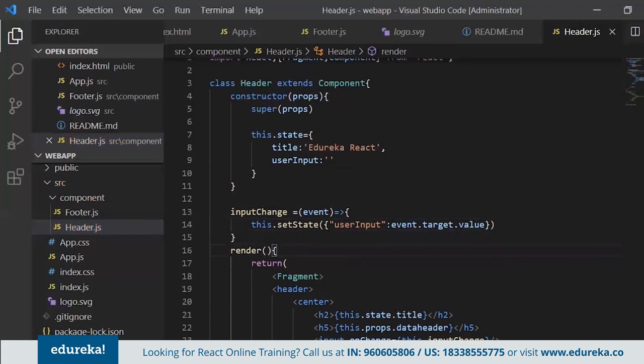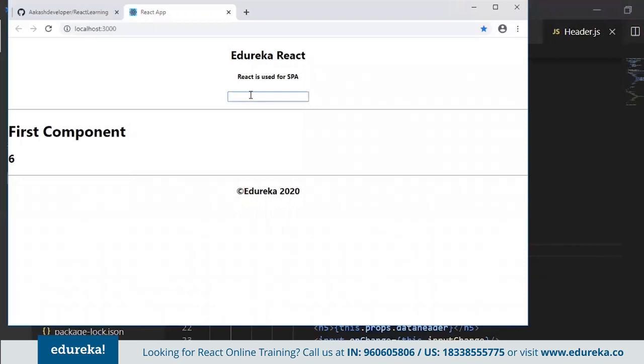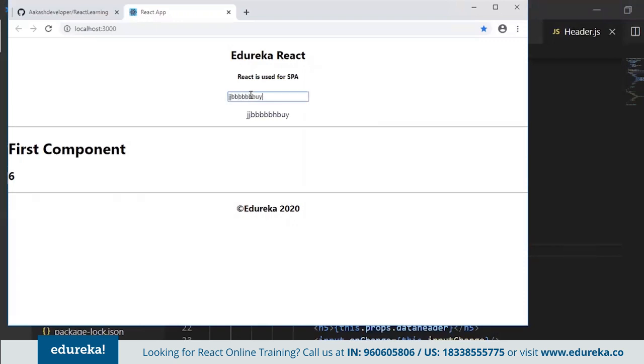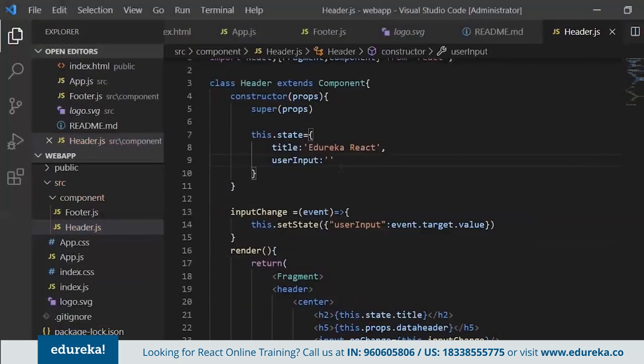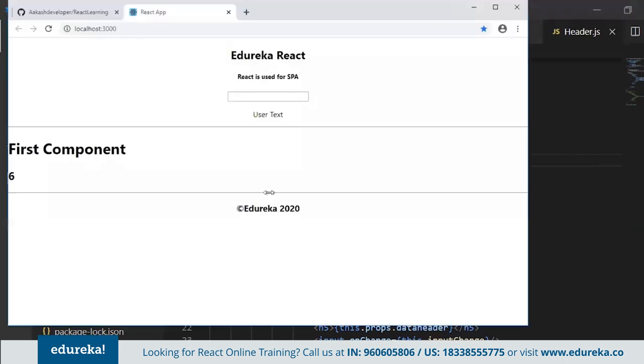Let's see if it's working or not. Now start typing something. See guys, whatever I'm typing, I can see it below. Do you see? What exactly happened? We defined one state and we are trying to update that state value by using the setState function. Now I'll say here userText. Suppose I set that as the default value. I'll say userText. When you go back, by default we see userText,